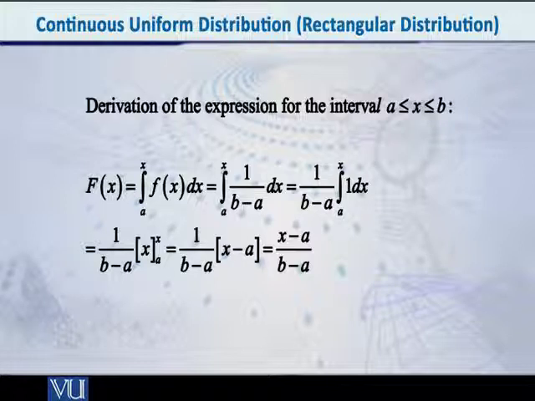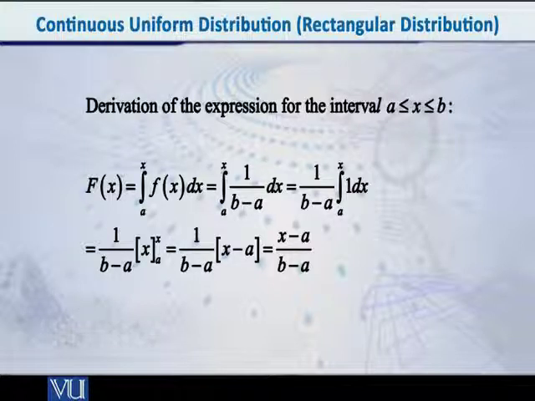तो देखिए 1 over b minus a तो कांस्टेंट है ना, so we can bring it out. इसको बाहर ले आइए. So what do we get? 1 over b minus a multiplied by the integral from a to x of what? Of 1 with respect to x. देखिए ना, जब वो बाहर निकाल दिया तो और तो कुछ है ही नहीं वहाँ पे, तो 1 जाहिर है